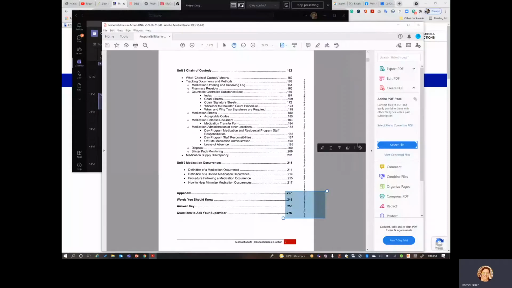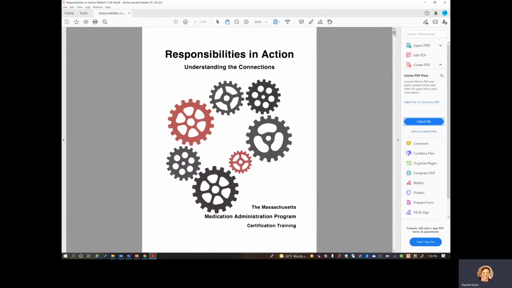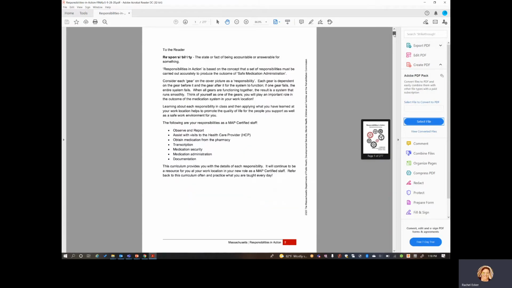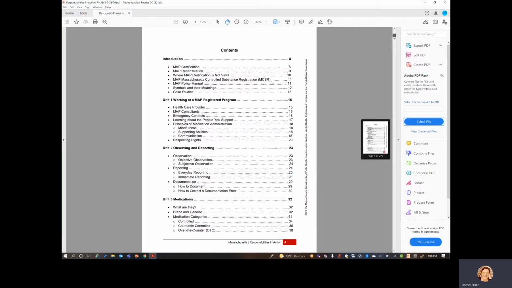Hello. Today we're going to talk about off-site administration in regards to MAP, Medication Administration Program. I am referring to the Responsibilities in Action Manual, which every home that has a MAP certificate should have, the Responsibilities in Action workbook.